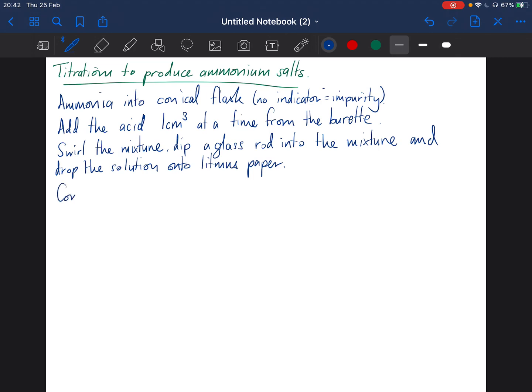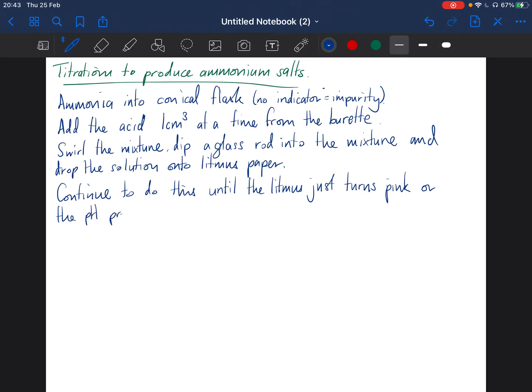You will continue to do this, or you'll repeat it, until the litmus just turns pink or the pH probe just reaches pH 7. Okay, guys, and that means that we've actually performed a full reaction, we've neutralized it,